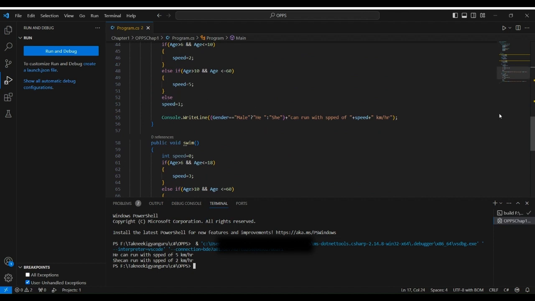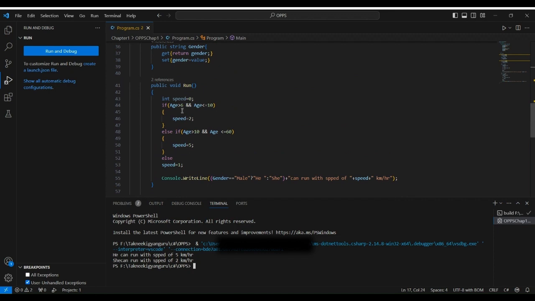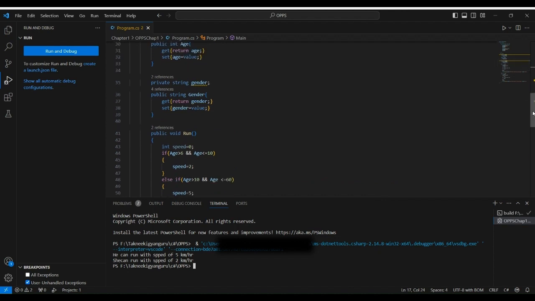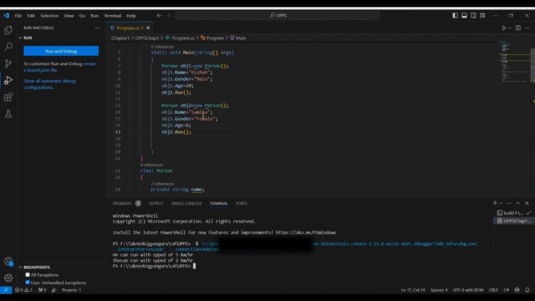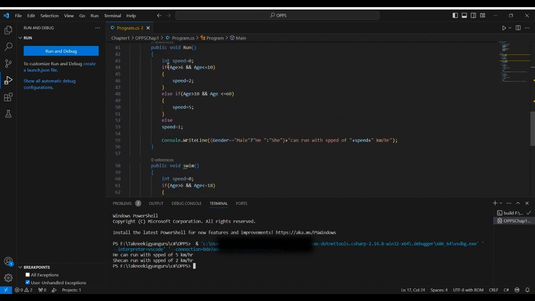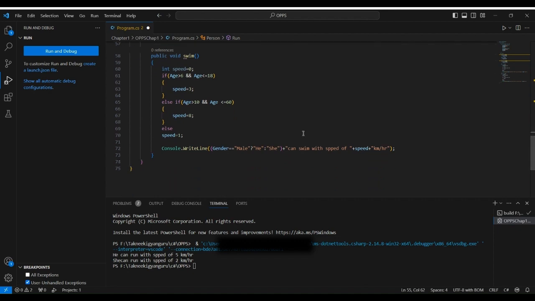Age is greater than 6 and less than 10, so we put 8. So 8 comes under this condition. Say name is Samita, female, 8. So she is female and the age is 8, which means it will come under this condition and the speed will be 2, right? So then she can run with a speed of 2 kilometers. Okay, and